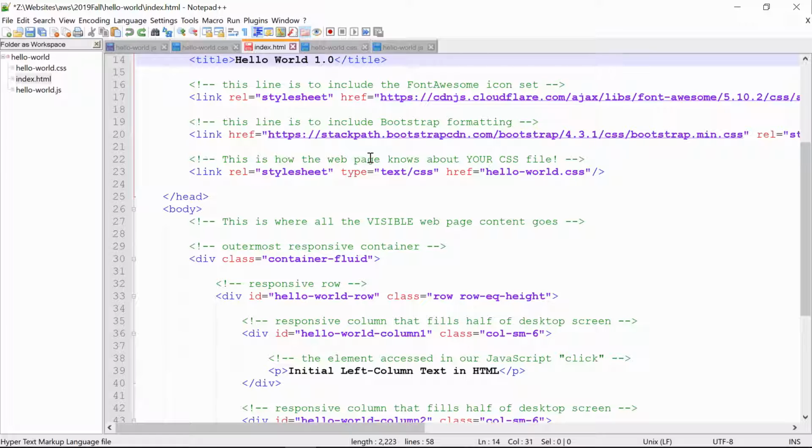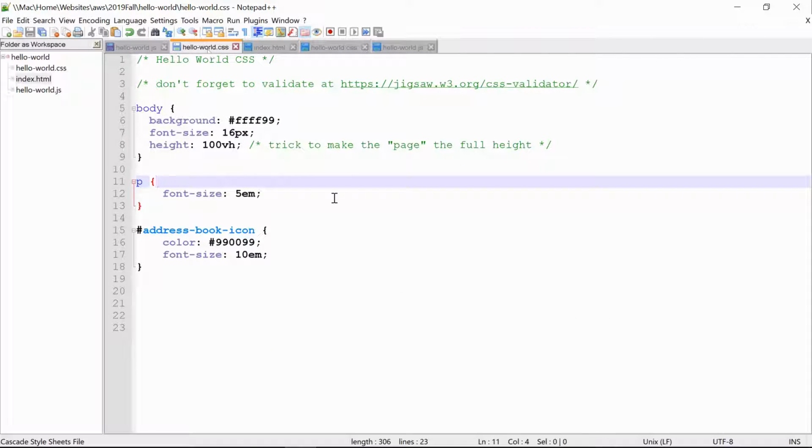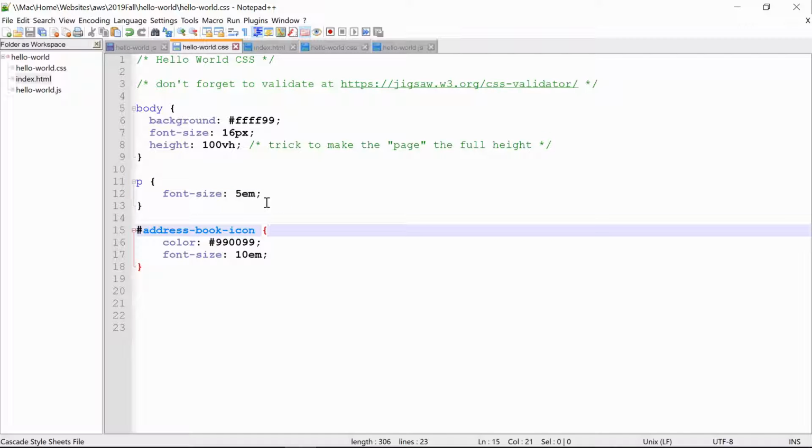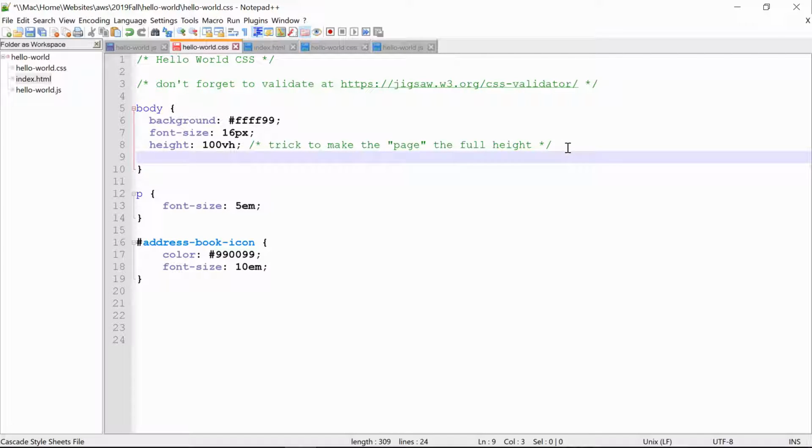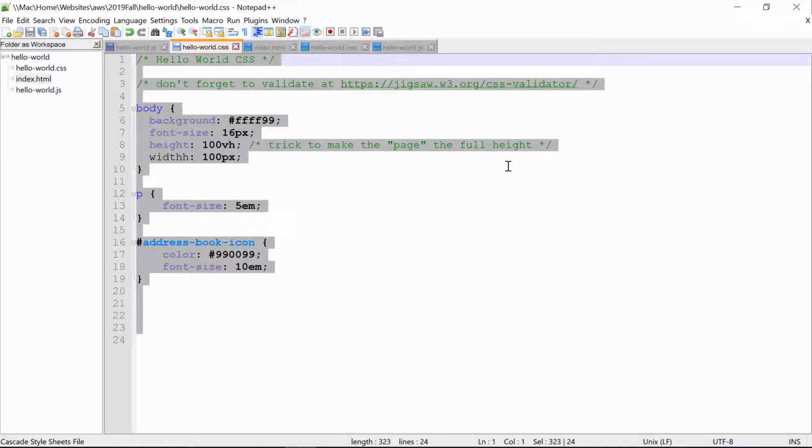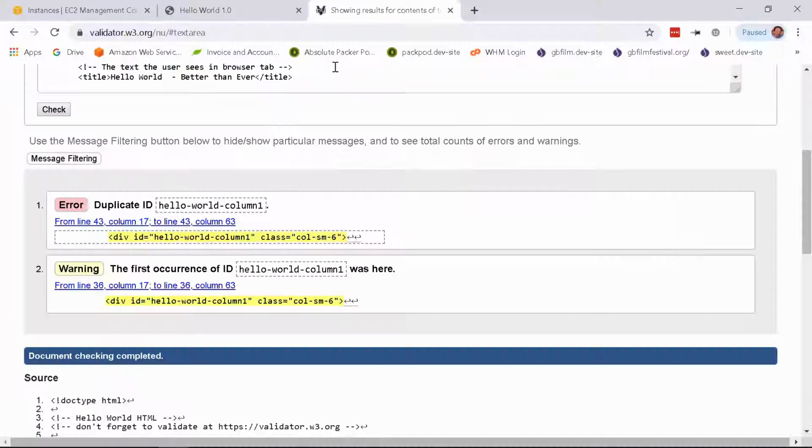So let's just put this back the way that it was. Control S. Now let's look at CSS. We'll have the width, but I'm just going to misspell width, and we'll set it to 100 pixels, which makes no sense. But we'll hit Control S here. So I've set the body to a width of 100 pixels, but I spelled it wrong. So I go Control A, Control C, and then I go here to the